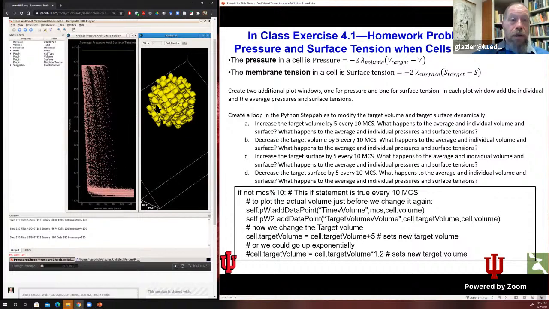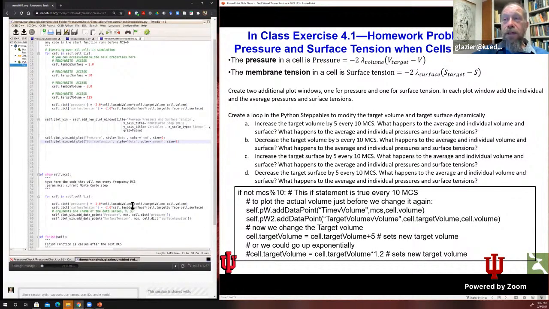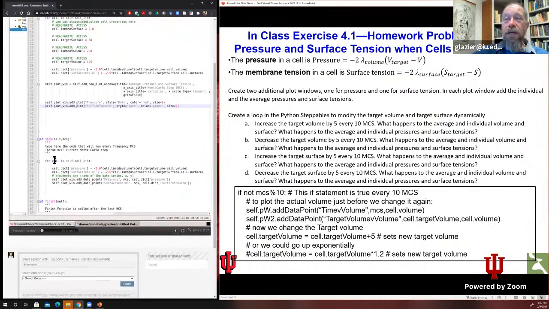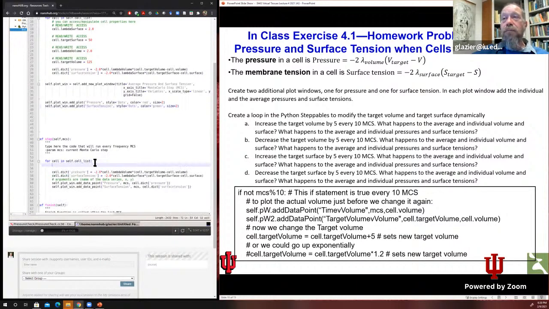And now I could do, I'm not going to do all of it, but now I could do one of these exercises. So increase the target volume by 5 every 10 MCS. I'm not going to do that. I'm not going to do it that fast. But inside of this loop, I could say, if